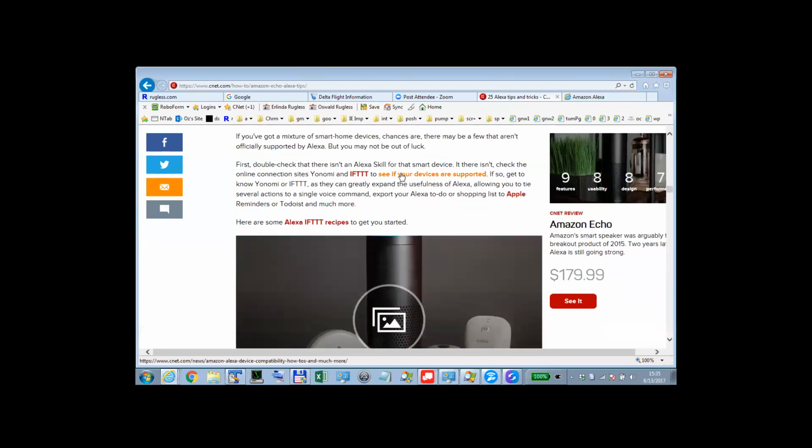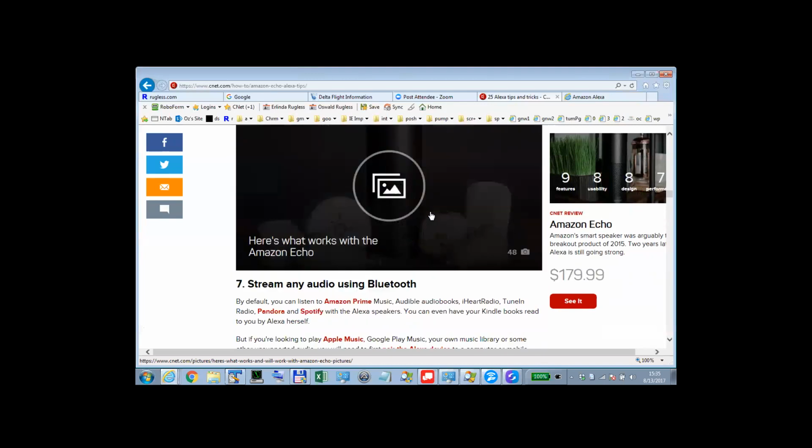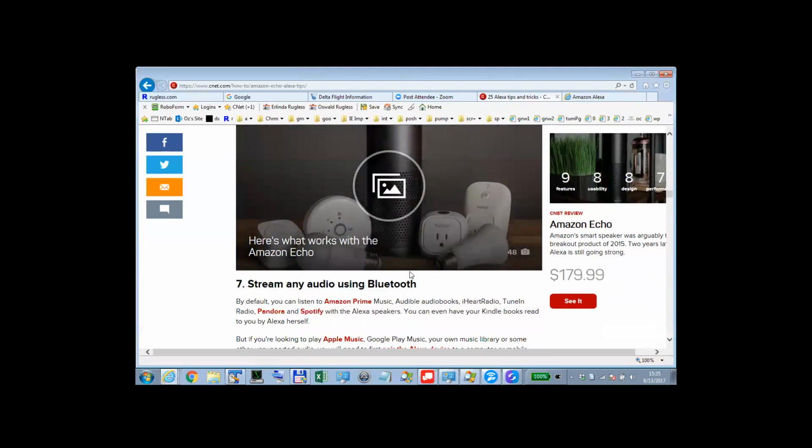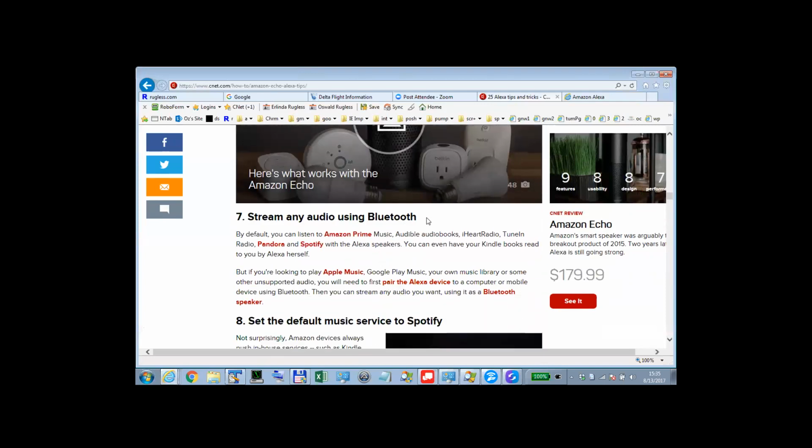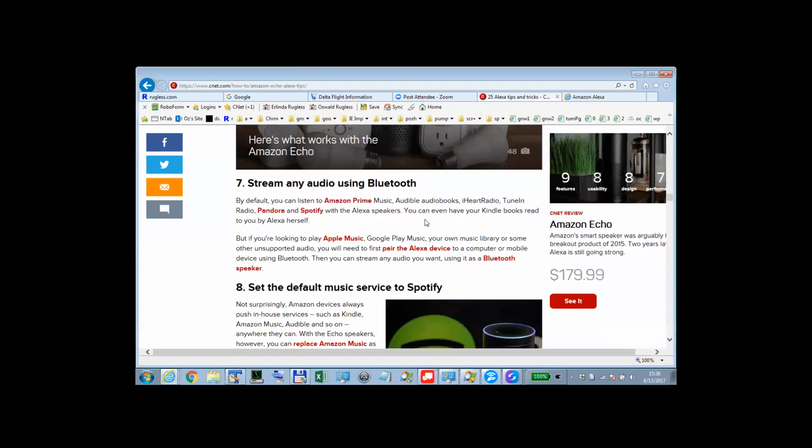And so you can see if your devices are supported by Alexa. This is a link that will get you there. Sorry, Alexa, never mind. And you can stream any audio using Bluetooth. Well, how do you do that? Well, what you'd have to do is you need to connect